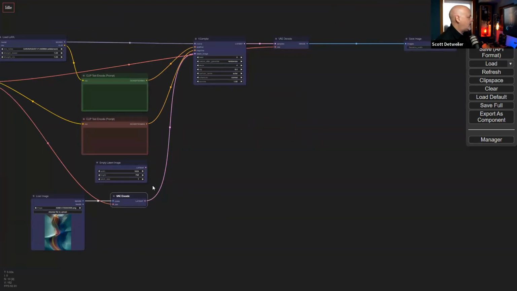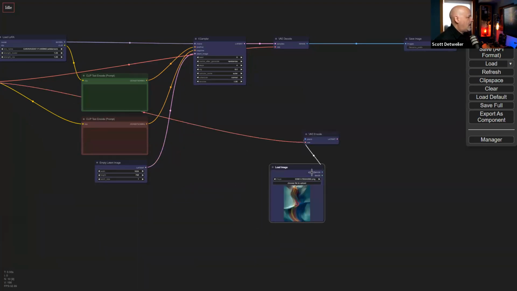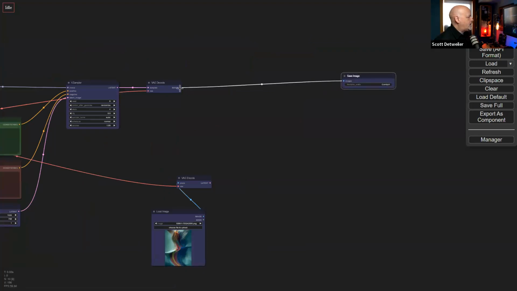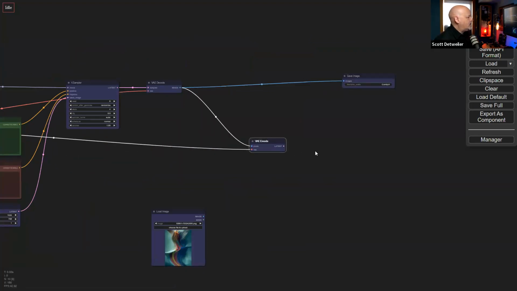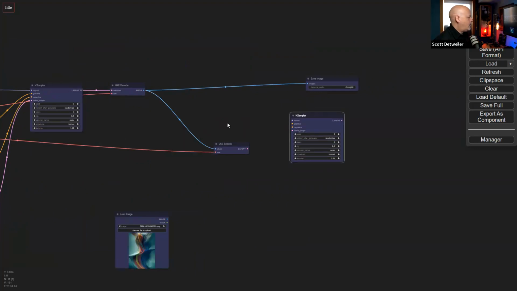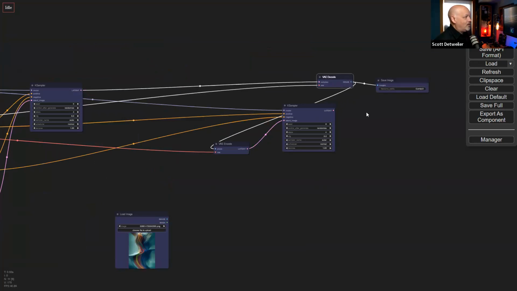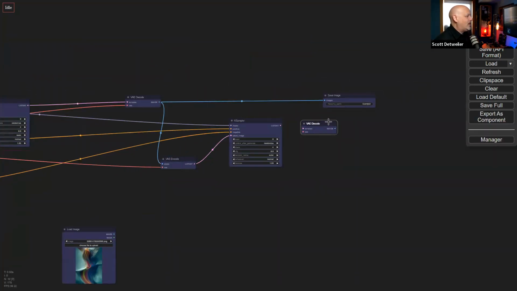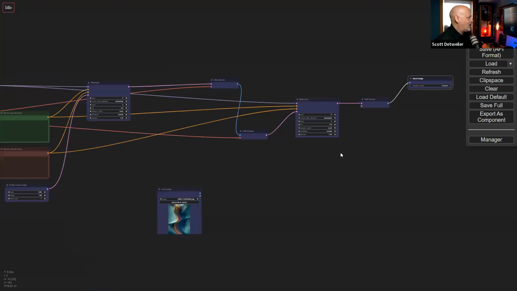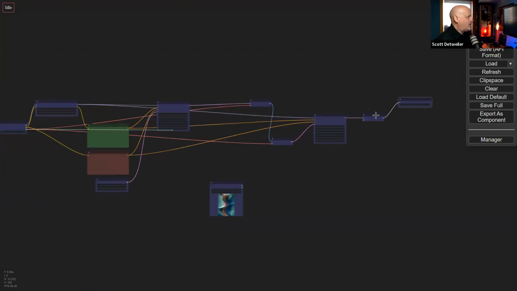So if we started with the empty latent here, for example, and then later on we say, well, now I want to take whatever image we produced here and go through another K sampler. We can actually do this a little more efficiently too. When we copy and paste the nodes, if you hold down your shift key, it keeps all the connections together. So now I can take this latent and continue onward, just reinventing things constantly. So the ability for us to do really anything that we want to do in any order we want to do it becomes a reality, which I love. You can really play with coming up with your own creative workflows.